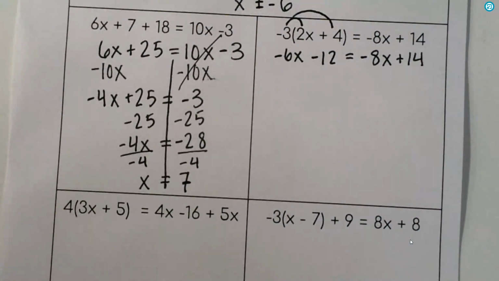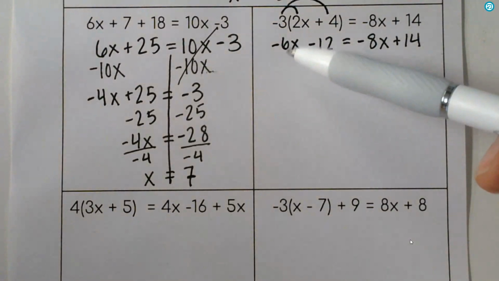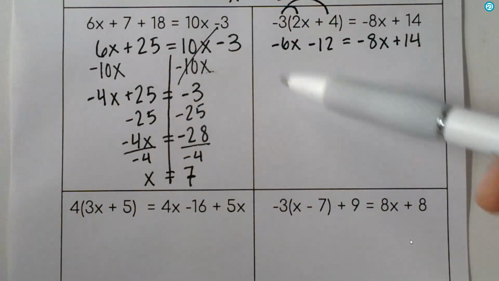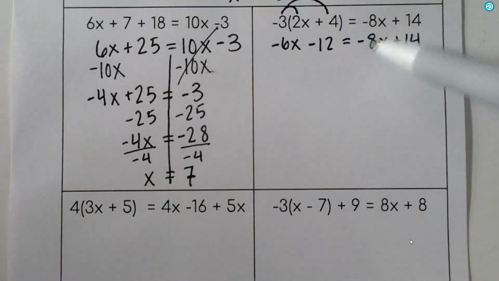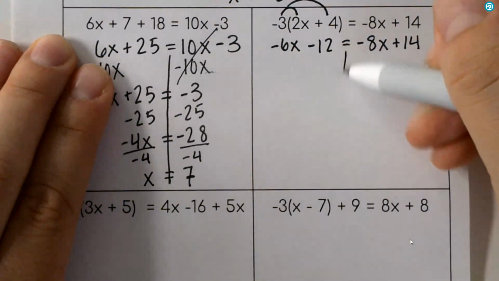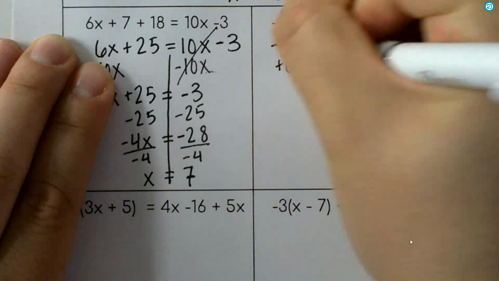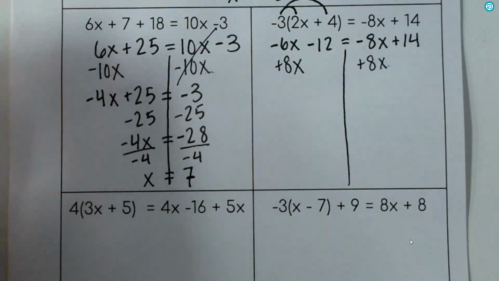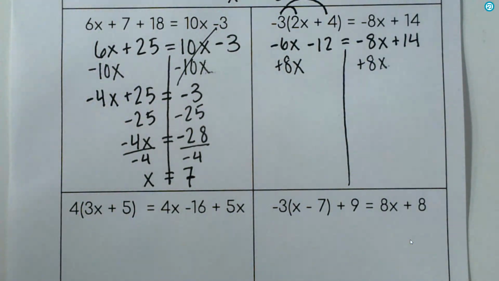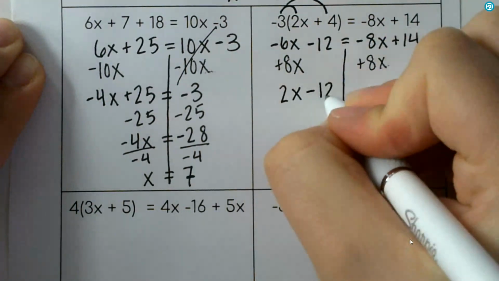Hey, from there, we have two choices. Since this is negative, we would have to do the opposite. So we could add 6x to both sides, or we could add 8x to both sides. I like to move whatever's on the right to the left, so I am going to choose to add 8x to both sides. So plus 8x, plus 8x. And conveniently, that actually gives us a positive. Negative 6 plus 8 is 2. So I've got 2x minus 12 equals,